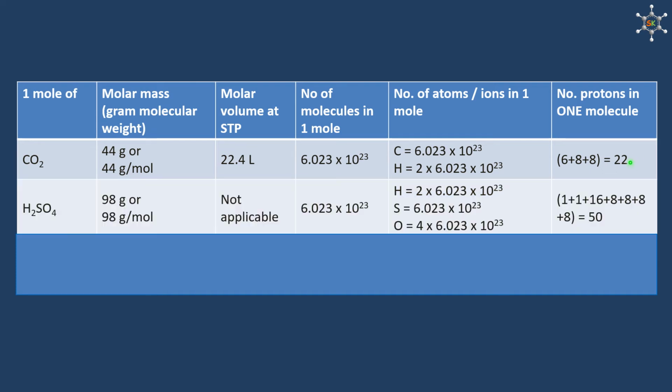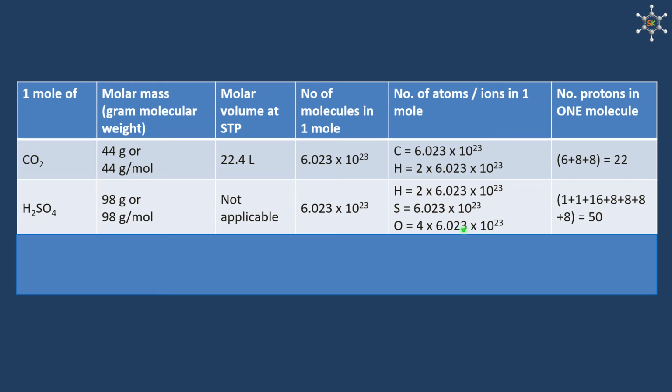carbon dioxide. In the same manner, if we consider sulfuric acid, molar mass of sulfuric acid is 98 gram per mole. Molar volume at STP is not applicable to sulfuric acid because it is not a gas. Number of molecules of sulfuric acid in 1 mole is Avogadro's number. Number of atoms in sulfuric acid: we have 2 hydrogen atoms, so 2 multiplied by Avogadro number, 1 sulfur atom, so Avogadro's number, 4 oxygen atoms, so 4 multiplied by Avogadro number of atoms are present in 1 mole